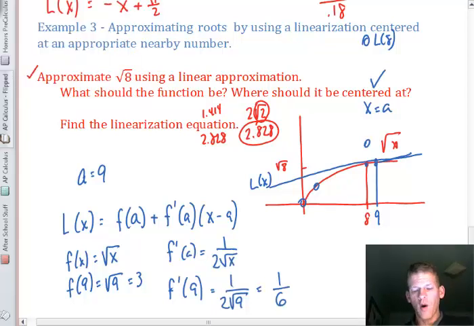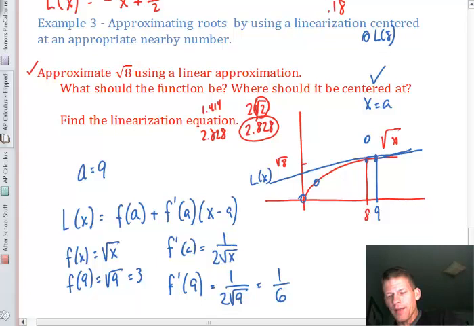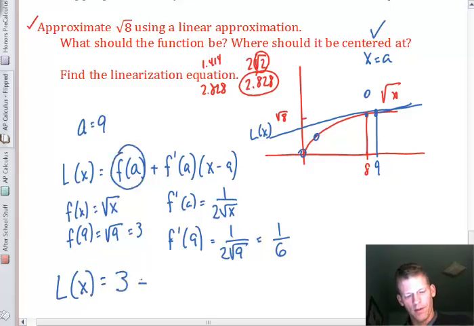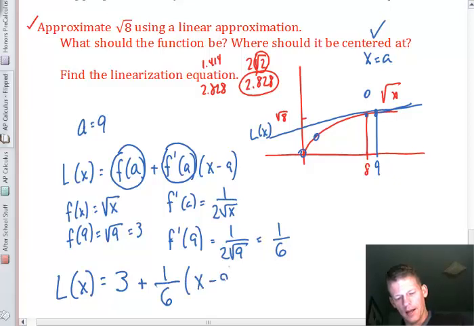Now, we know we can put together our linearization equation. L of x is equal to f of 9, which is 3, plus f prime of a, which is 1/6, times x minus 9. Now you might be like, oh, well, that doesn't look like it's going to be anywhere near 2.828. But